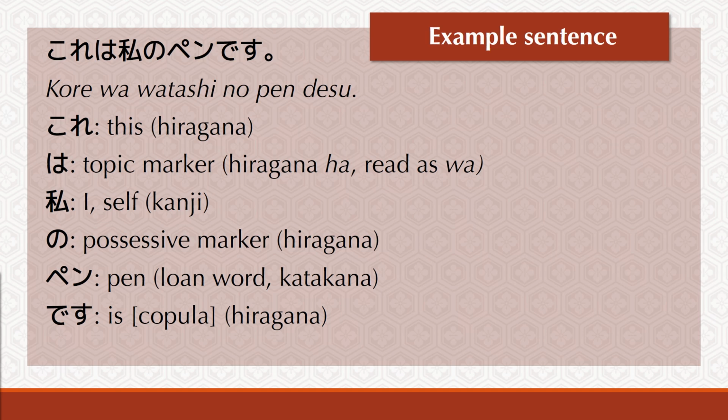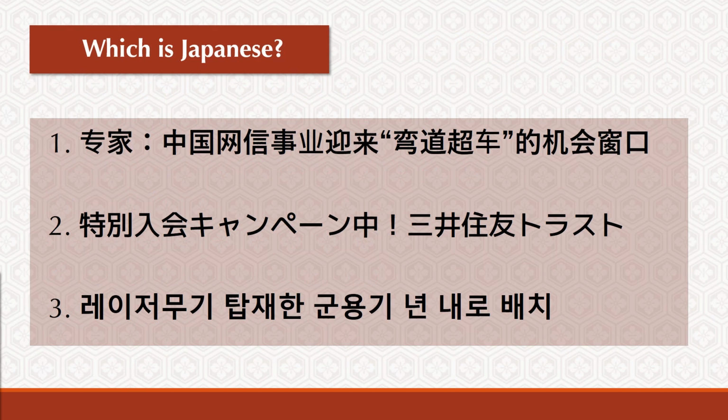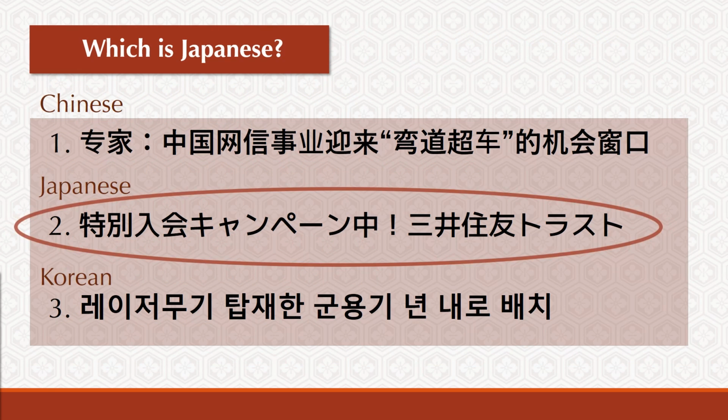We can use this fact to help us distinguish easily between written Chinese, Japanese, and Korean, which is quite the helpful skill even if you never learn any of these languages. On the slide here, you can see 3 bits of text copied from a major newspaper written in each of those East Asian languages. If you've been paying attention to the shapes of the kana, I'll bet you can already tell which one of the three is Japanese. Look for the simpler shapes of hiragana and katakana mixed in with the complex forms of the kanji characters. Got it? It's the second one.